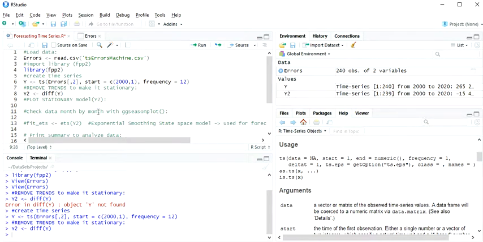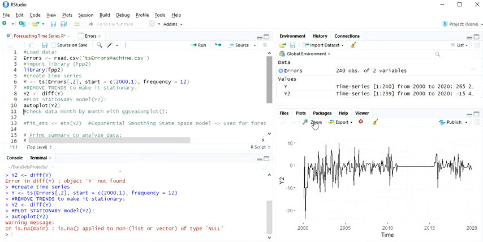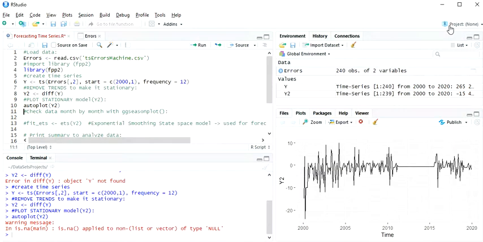All right, let's just plot y2 and let's see what's going on. So let's use autoplot y2. We can run this and check what's going on with the data. So the data is here. Basically, this is the stationary data. Okay, this is not the original data. This is already transformed. Next step,